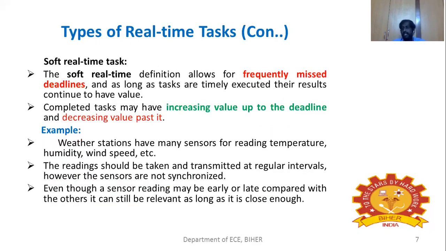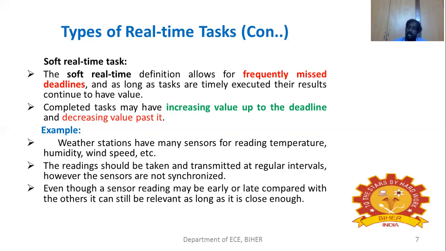And soft real-time task is the other category of a real-time task. The soft real-time definition allows for frequently missed deadlines. So it is related with the frequently missed deadlines, and as long as tasks are timely executed, their results continue to have a value. So the completed task may have increasing value up to the deadline and decreasing value